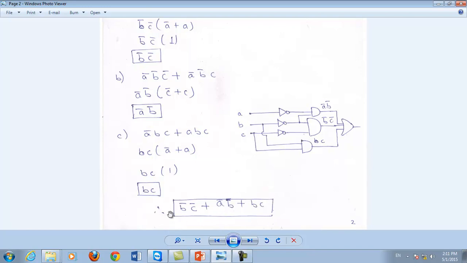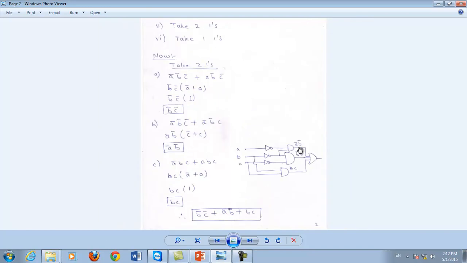And we will represent this minimized equation, this minimized circuit, in the form of gates. That is, A is sent to a NOT gate, which results in A bar. Similarly, B is sent to a NOT gate, which results in B bar. Both are sent to the AND gate, which results in A bar, B bar. Similarly, B bar and C bar are sent to an AND gate and BC is sent to an AND gate, and the results of all the AND gates are sent to the OR gate to find the addition of these 3 terms. This is how you can create the K-map.